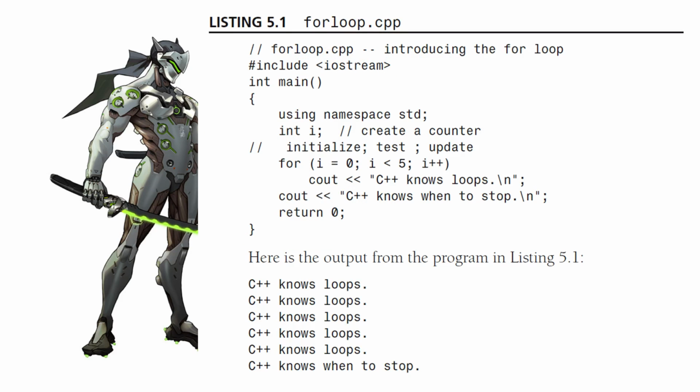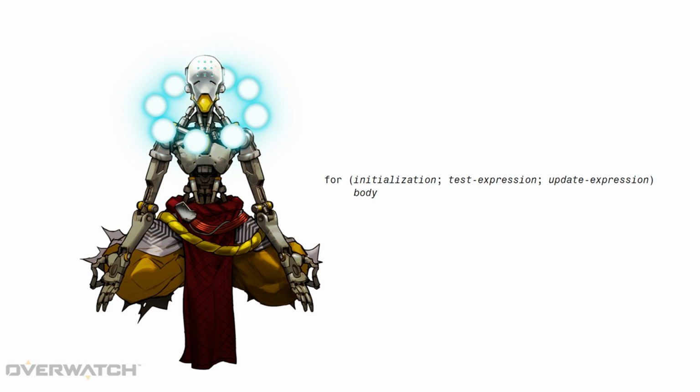So as an example, this is an example of a for loop that loops 5 times. The loop in question is right here in the middle. There's 4 pieces to that loop. The initialization here is the first part. The expression that you evaluate to see whether you should continue looping is there, and then the increment operator is there. So the general structure of a loop is like this, where you have the initialization, the test expression, the update expression, and the body.